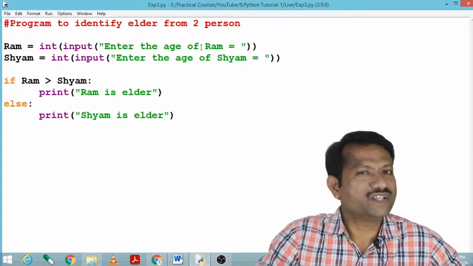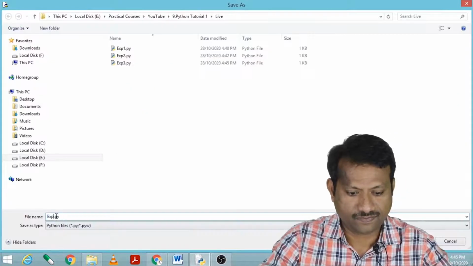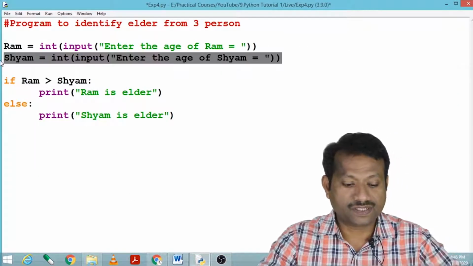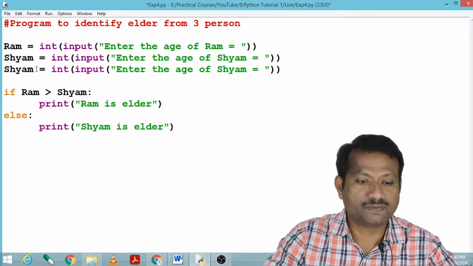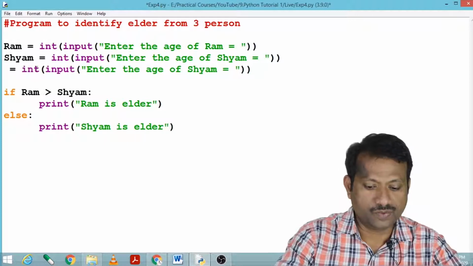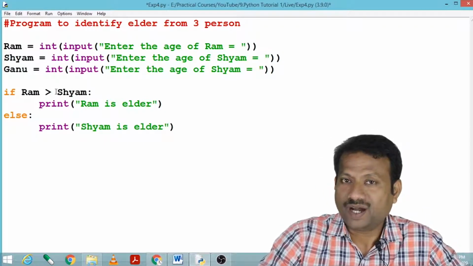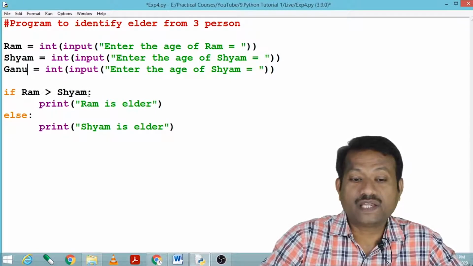Now let us modify this program for 3 persons. We have to add the third person for input, and let me say this third person is Ganu. Now we have to change our program. How to do that? Let us see. Here we are saying that Ram is elder than Shyam.